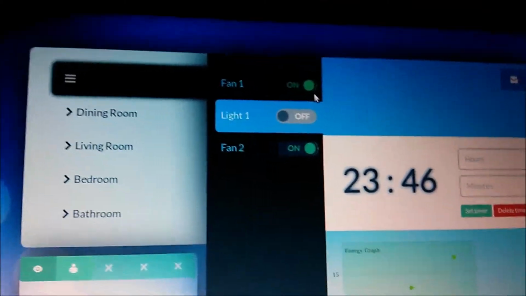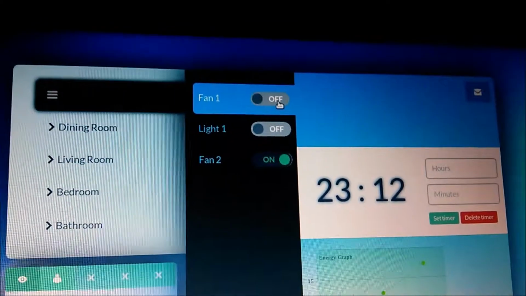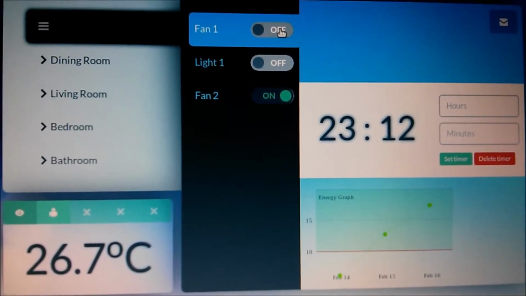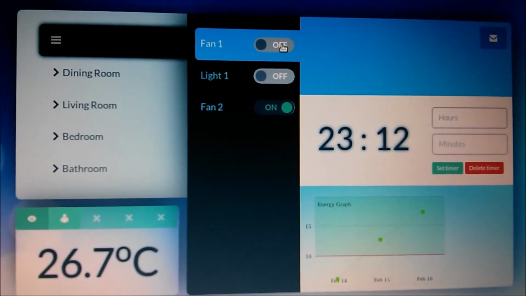Here is the bar. As you can see, the fan is switched off right now, and here also the status of the fan is switched off. Now I am going to switch it on. And you can see that the fan has started.